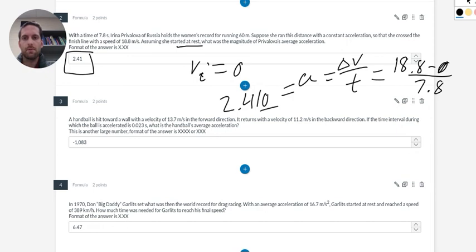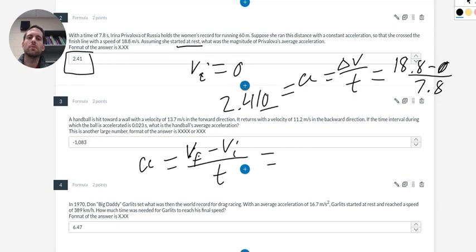So for this number 3 problem, our initial velocity is positive. It's going toward the wall. And using our equation, A equals V final minus V initial, I'm going to plug all these values in. So initially, it's thrown towards the wall. We'll assume that the forward direction is positive. So 13.7. And then it returns with a velocity of 11.2. Because velocity is a vector, the sign matters. So there's going to be a negative 11.2 here